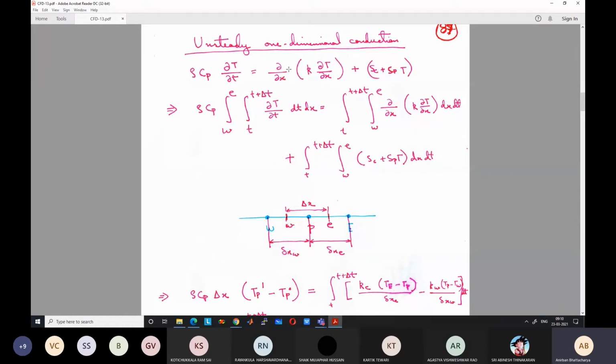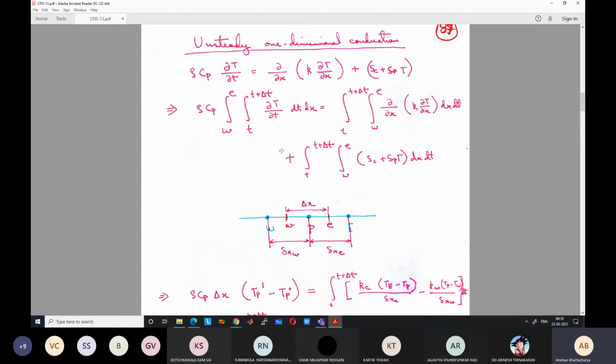So if you want to take 70% weightage of the new time step and 30% of the old time step, we can also do it like that. And if you revisit your notes, you will find that we have discussed all this. So the same concept also holds true for the finite volume method, and we are going to see how to proceed with that.